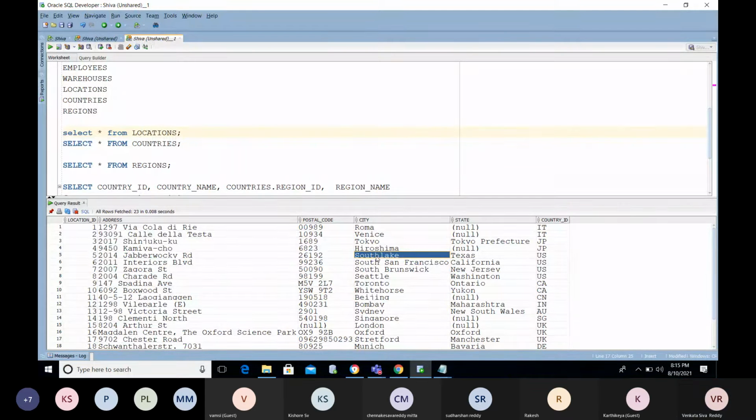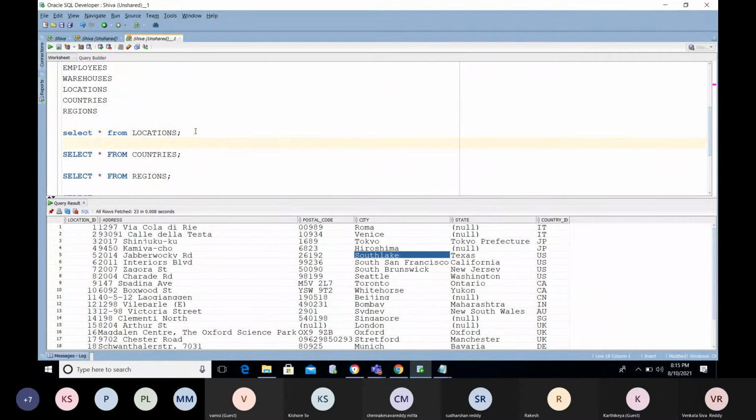Select star. Select star. Location ID. Select star from city is equal to South Lake.